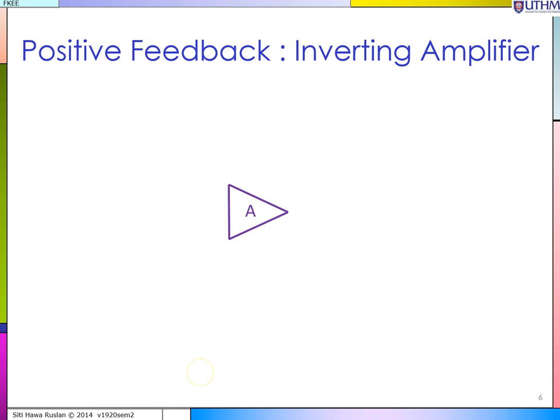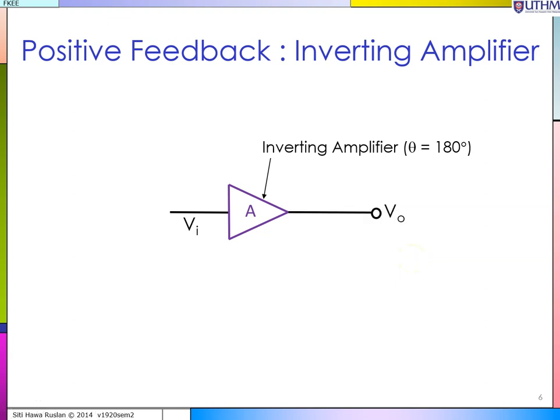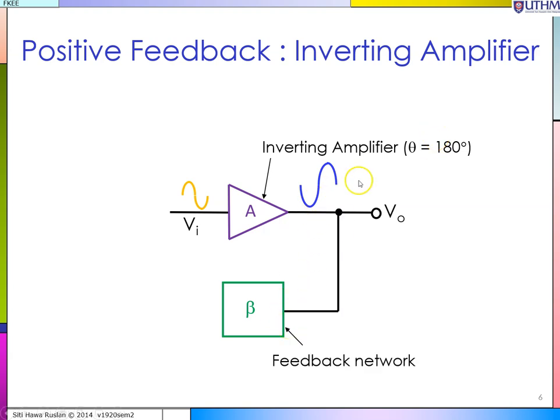Basically, for example, if you have an inverting amplifier, when you have a signal VI, your output signal will be out of phase of your input. So this is your VI, your output is out of phase by 180 degree. And in positive feedback, we have also a feedback network. We take the output voltage, it goes to the feedback network, and we feed it back to the amplifier over here,